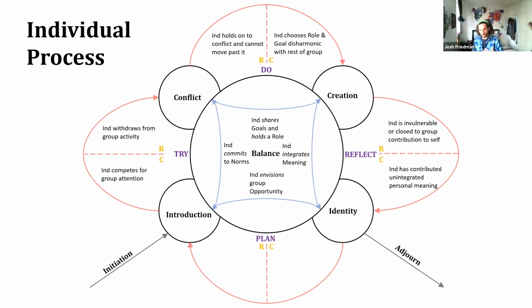Finally, for our purpose, right? We have a group purpose, and an individual is either going to envision opportunities for that purpose. This is the greatest math class I've ever been a part of. I can't wait to go tomorrow because I'll get better at math. That's an opportunity for that person. All of a sudden they believe in it and they're envisioning the next time they go to the classroom and learn about math, instead of envisioning the next time I'm going to be rambunctious with my friends and not be in your math learning group. I'm going to be in my social fun group where I don't care about math, right?